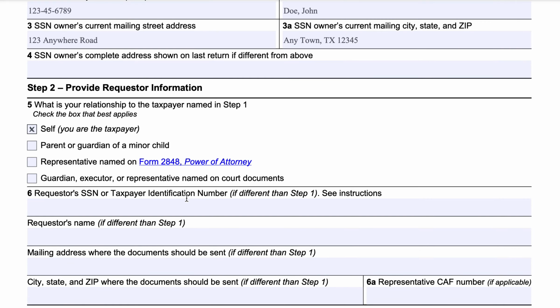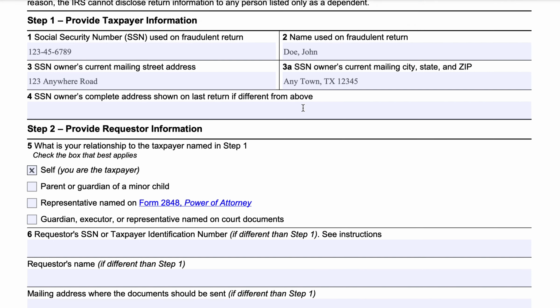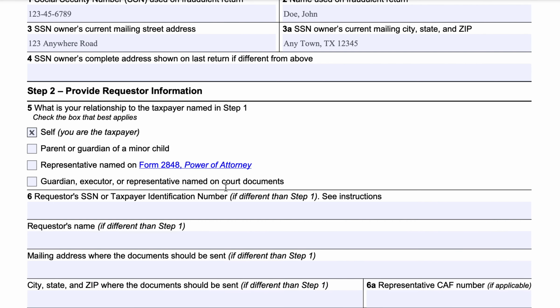So in step two, now we're providing requester information. So these fields would look a little bit busier if John Doe was not the person reporting his own information. So if you were the parent of a minor child and you put your child's information here, you would then need to put your own info here.